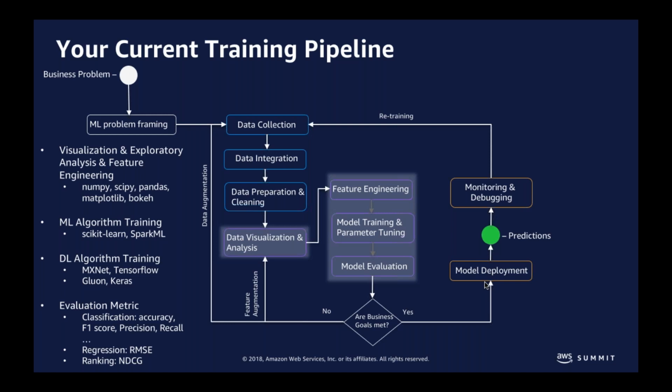And for the evaluation of the model, based on the algorithm or the problem you're trying to solve, if it's a classification problem, then you might be using F1 score, which is a popular way of evaluating. Or if it's a regression, you might be using RMSE. So these are some of the methods you would be using while doing the second part of the process, right? And this is the place where